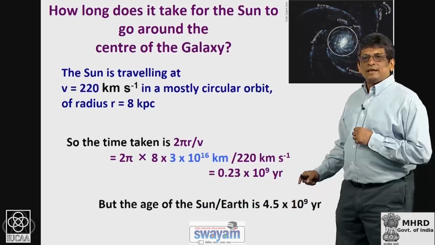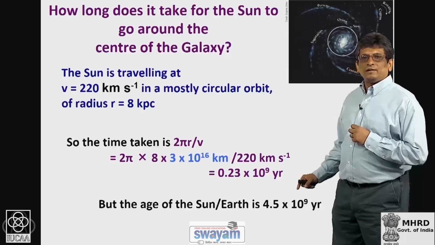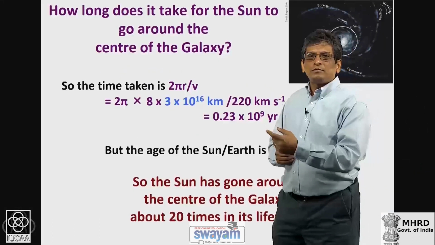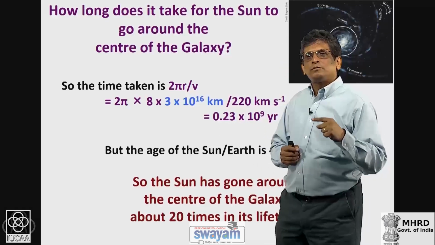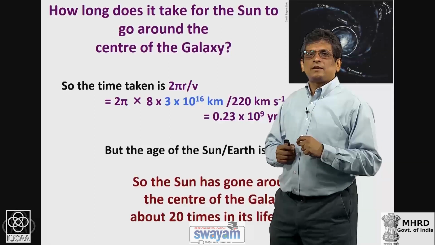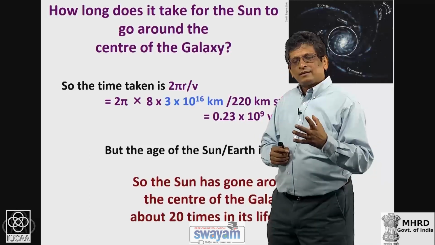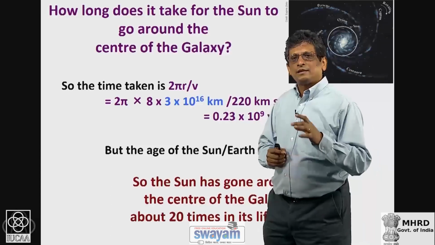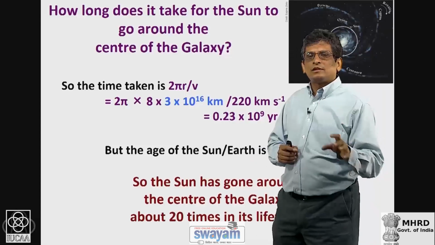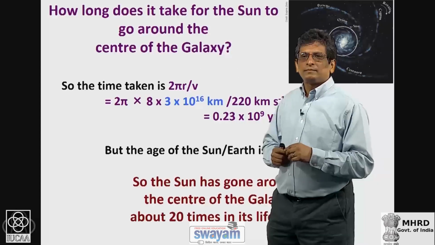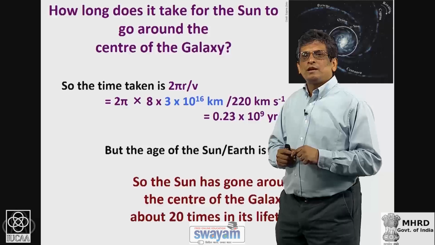This means that in the age of the Sun or the Earth, which is 4.5 times 10 to the 9 years, the Sun has gone around the center of the galaxy about 20 times, and it has also gone up and down perpendicular to the plane of the galaxy as well. As it goes through the plane every time, there is an effect on the Earth's geological history that can be seen in various formations of rock, as well as the geological record in the ice in the Antarctic, for example. We now believe that it is possible that through one of these passages through the plane of the galaxy,